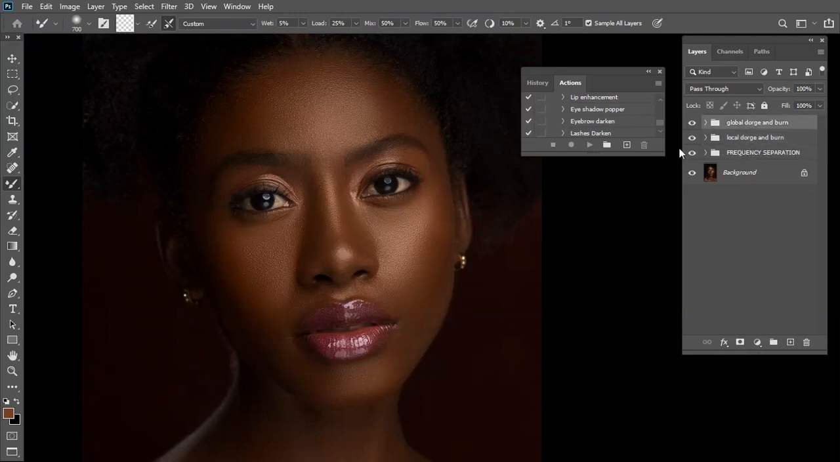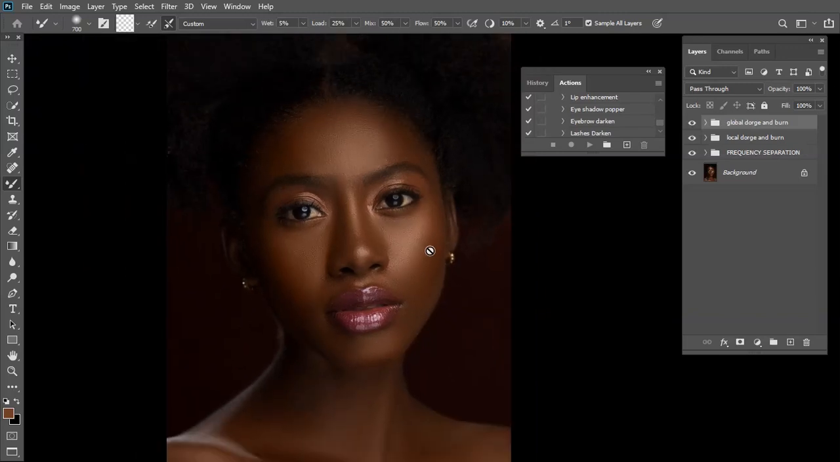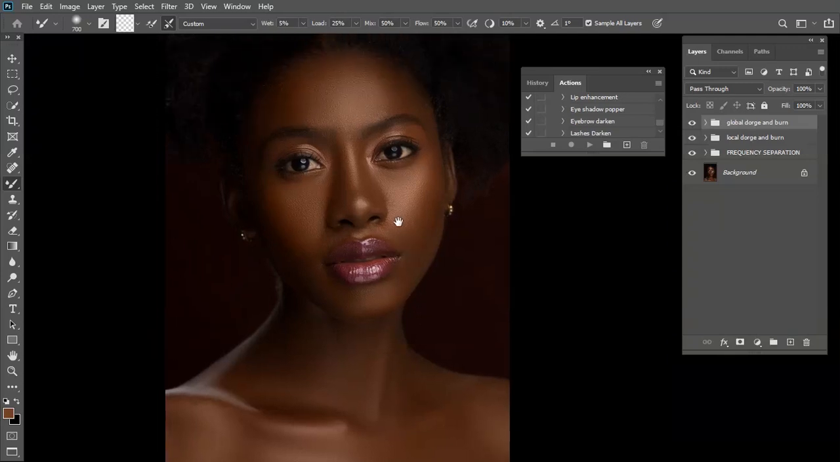burn. And with global dodge and burn, we're going to enhance the highlights and the shadows that appeared in our portrait. So we're going to start with local dodge and burn, but before we start we need to add black and white color so we can view all the highlights and shadows